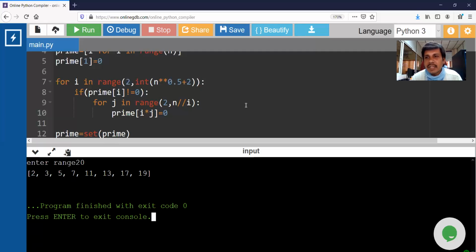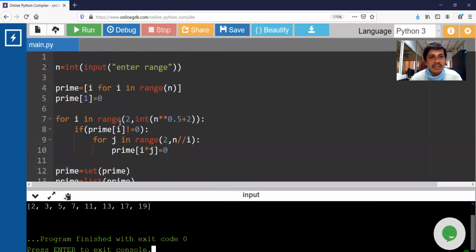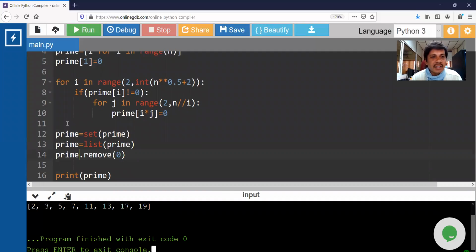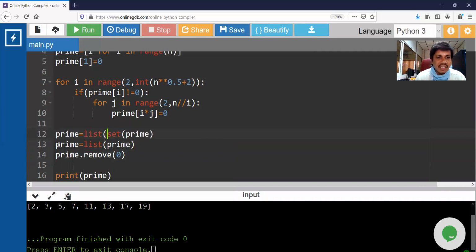Clear, everybody? A very fast technique. And the code is just conversion. I can put it in a single line also, like this, so that I can remove this line. List of set of prime. And this is okay.